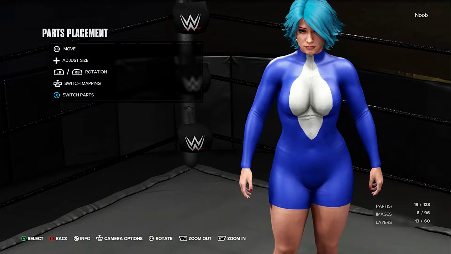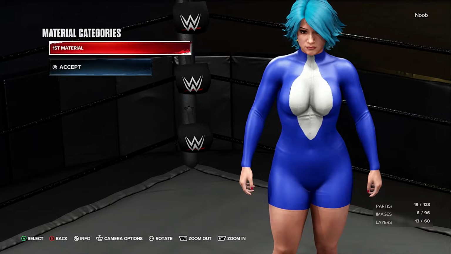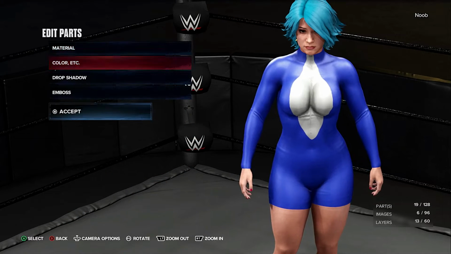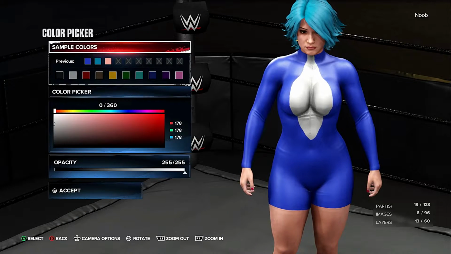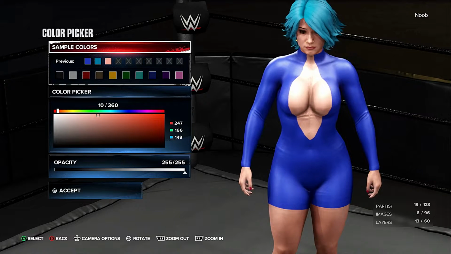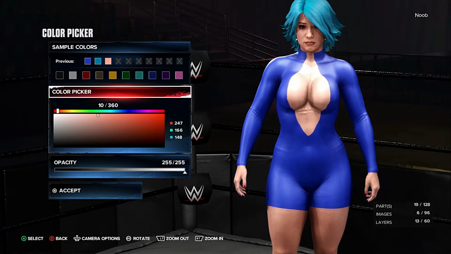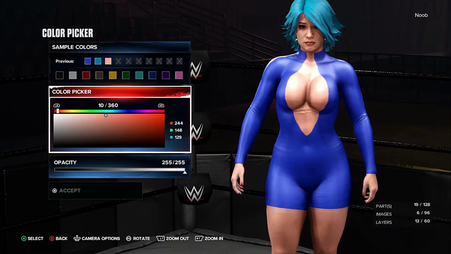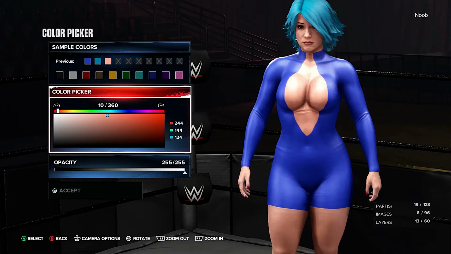Once I've used this, select OK. Then material, I will go and change that to rubber. Then the color, you have to use the body color or skin color that you have used, and you'll have to match it a little. Since it does not match, there is a difference. You'll have to make it a little darker so that it matches with the face or the body. Now you can see,